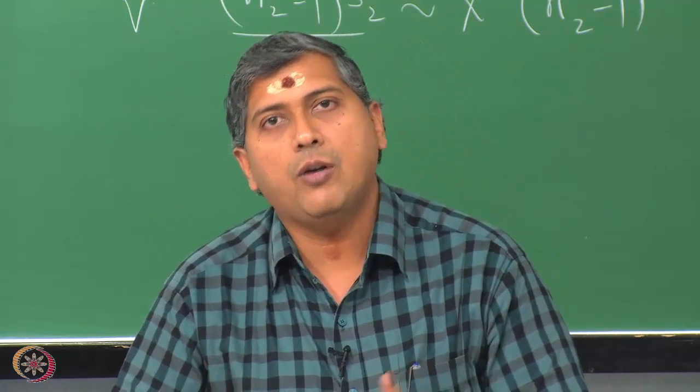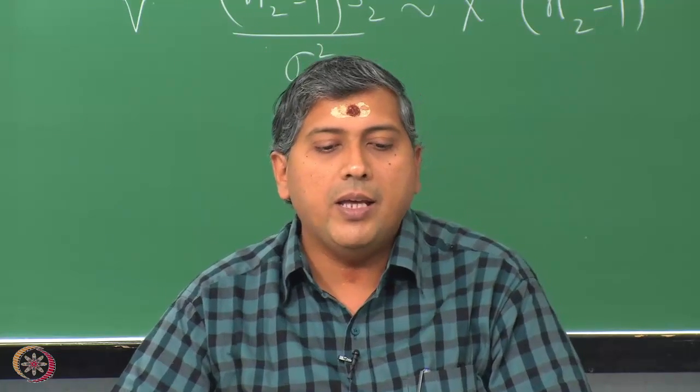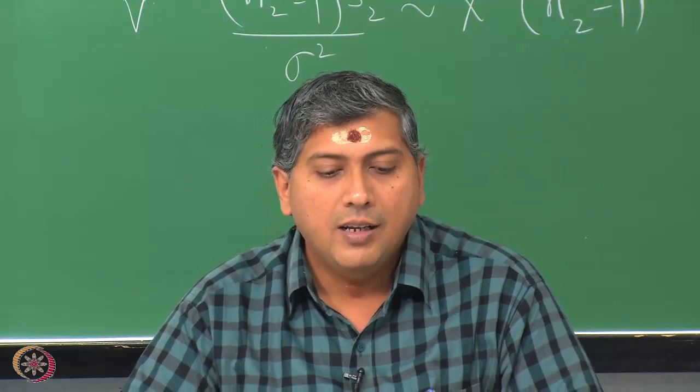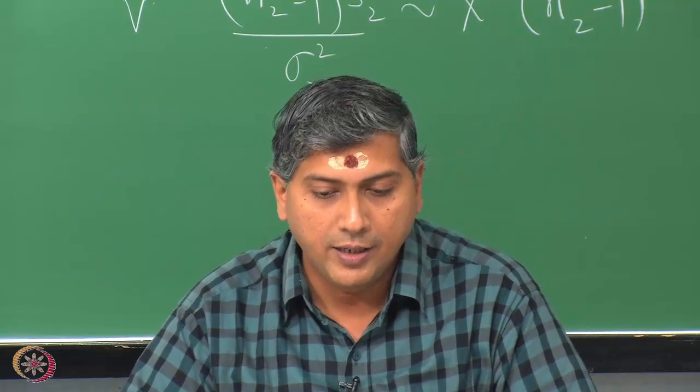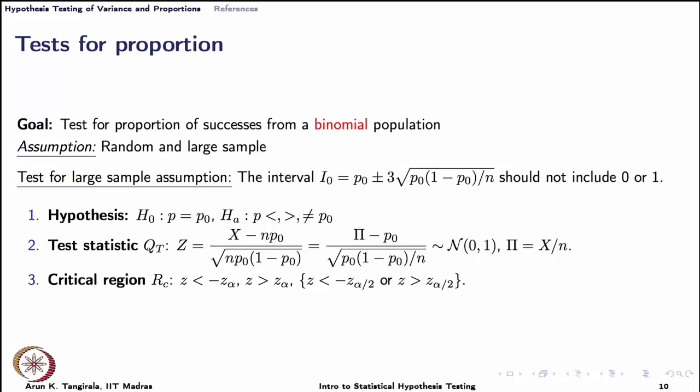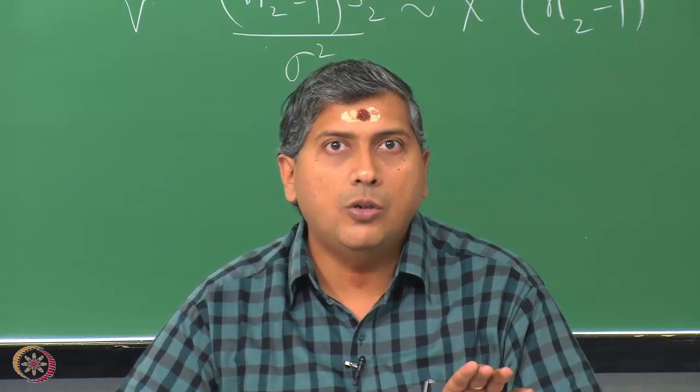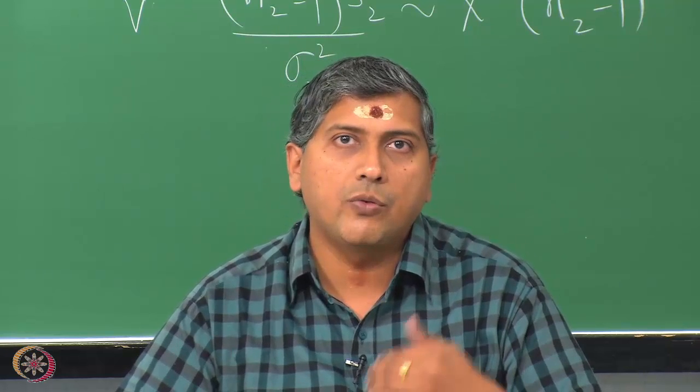The basic idea, if you recall from the sampling distribution, is that we are using an approximate result here. The approximate result is that the z statistic that we have written here, which is x minus n p naught by square root of n p naught times 1 minus p naught, follows an approximate Gaussian distribution. When is that approximation true? Well, when n is large and also the probabilities are not at the extreme values. Extreme values meaning either not too low or not too high,